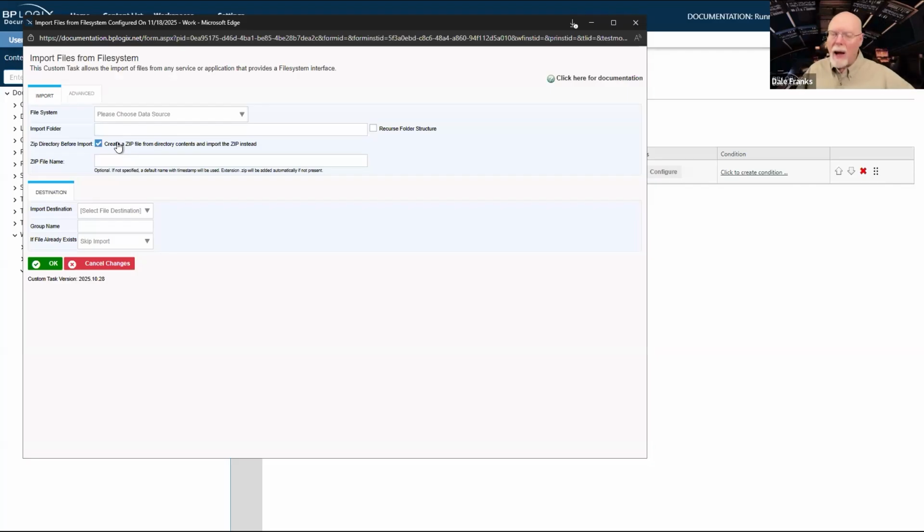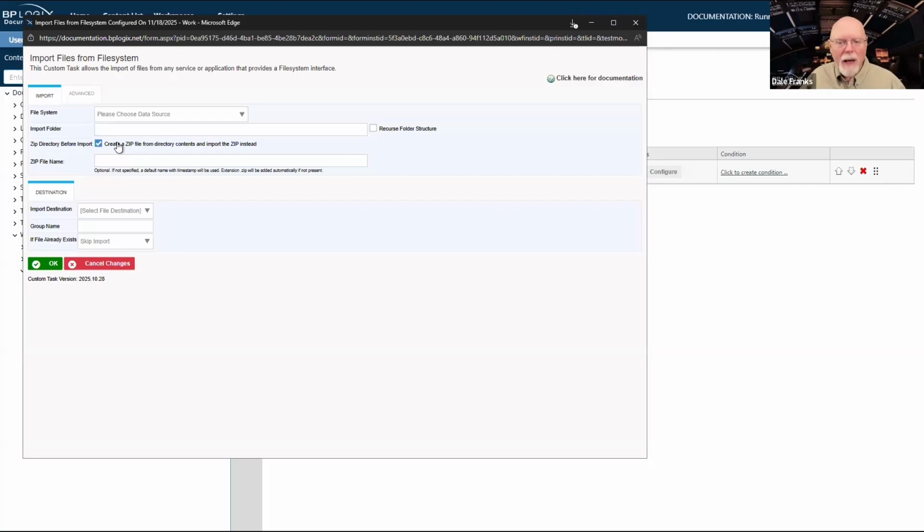And whenever you had all of those files in a directory, you had to import them as is into Process Director. And if these were large files that were not zipped, big Word documents and stuff like that, well, they'd take up a lot of space on your system.